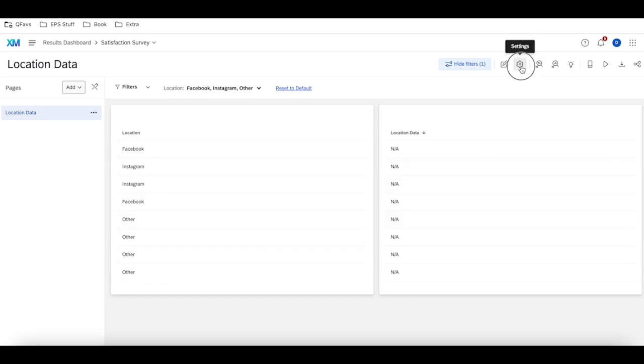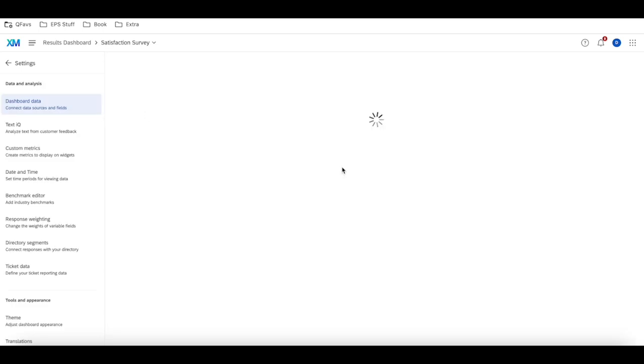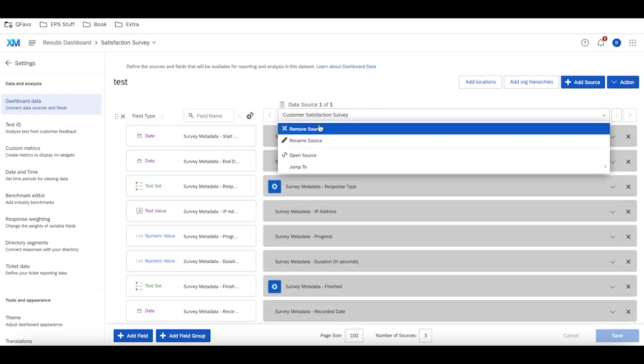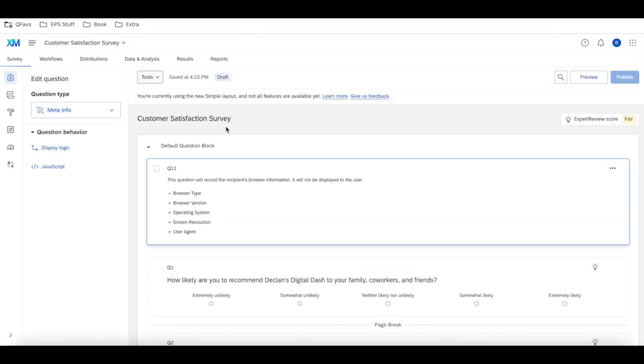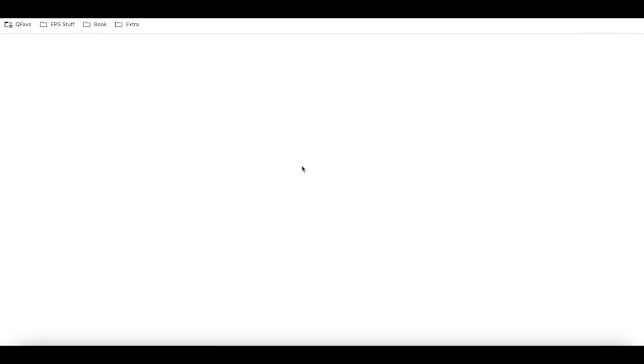Just like before, when troubleshooting this, we'll go to our settings, open up our source, and check the data analysis tab to make sure that location data does have data in here. As we saw in the previous video, location data should have data in here. If it didn't, that would explain why there's no data pulling in for the dashboard. But if it does, then we'll go to our next level where we'll check the dashboard settings to make sure